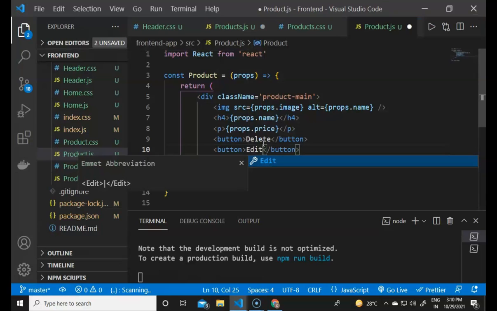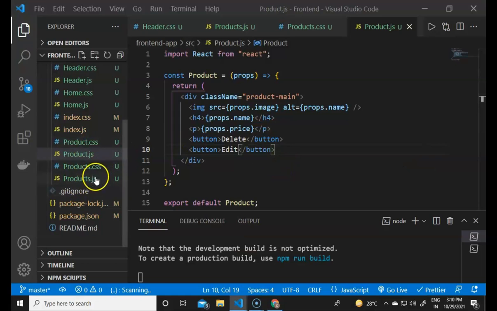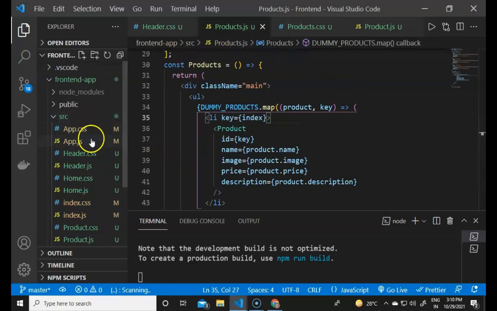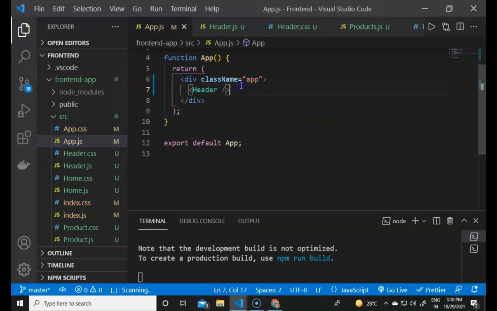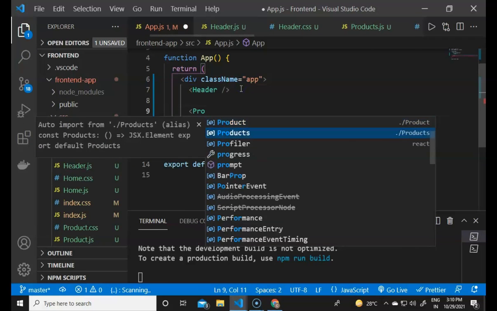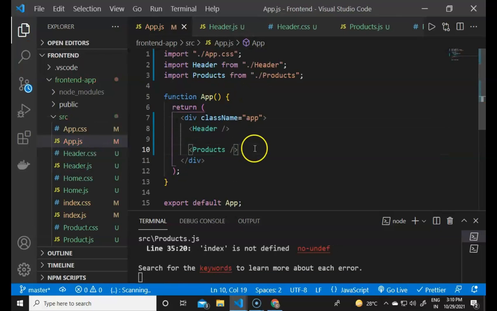If I now save, and go to the products.js file, we can enter the products in the main app.js file. If I go to the app.js file and import the products.js file there, it will contain the products after the header. If I now save, then I should see the products, but there is an error in products.js: index is not defined.